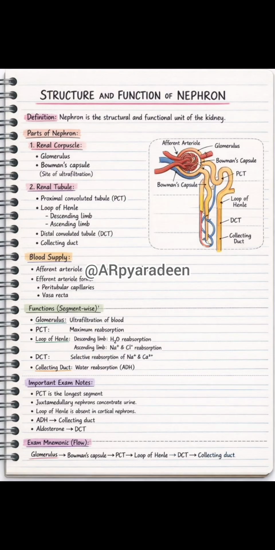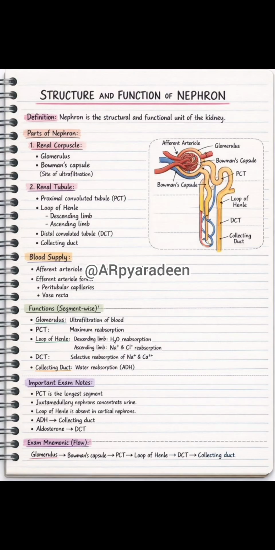Useful substances are reabsorbed back into the blood. It occurs by active transport, diffusion, and osmosis. A few substances reabsorbed are 100% of glucose, some amino acids, vitamins, most of the water, sodium, and